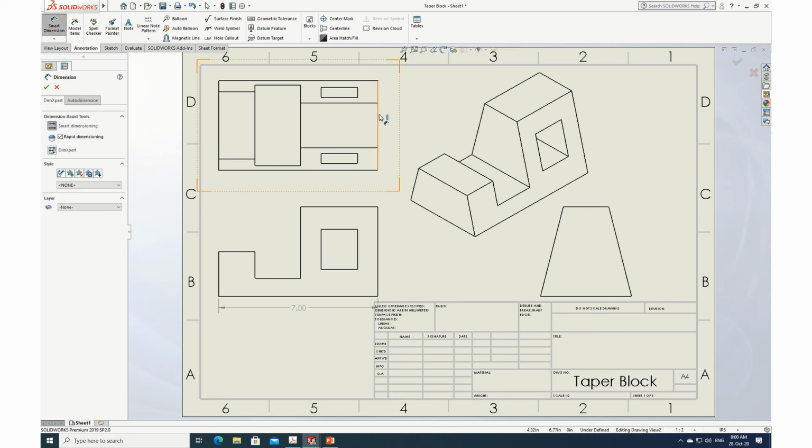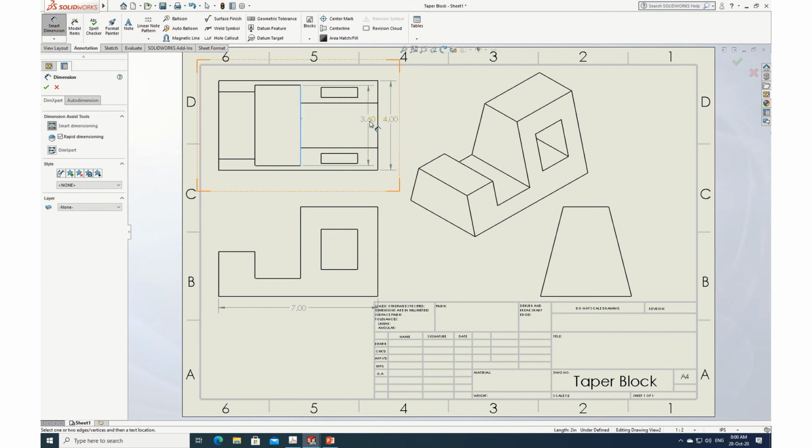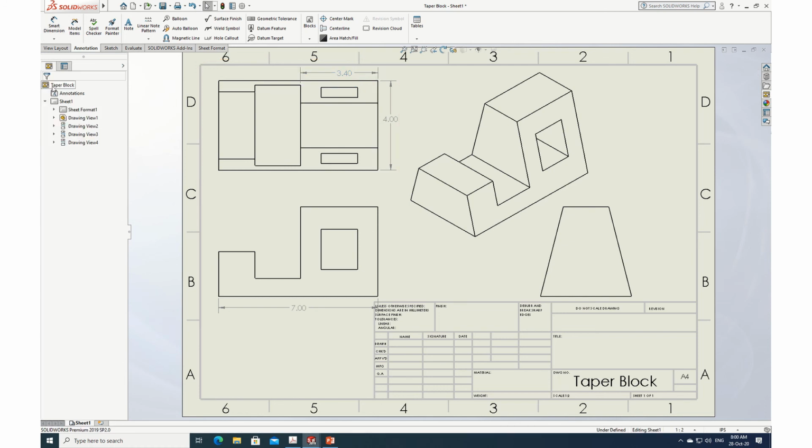Now what is the size? This line, 4. Click OK. And then similarly this one from here to here, it is how much? 3.4. Click OK. So like this you can do the complete dimensioning for all the parts. Okay, thank you very much for